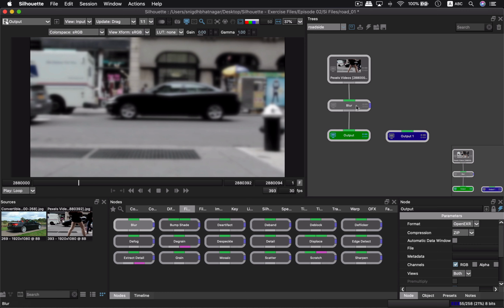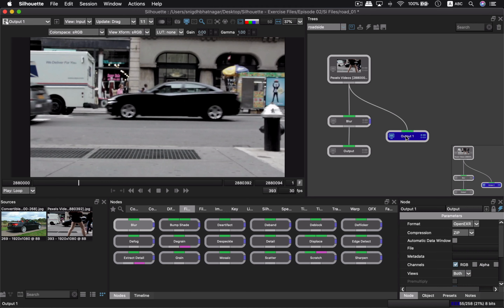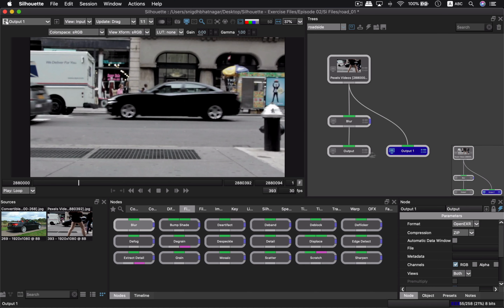Okay, and I could just basically do a before and after by creating a branched look to it, or the arrangement to it, so that now when I click on this, I will have two versions of the same footage, one which would be blurred, and one which would be the normal version of it. All right,